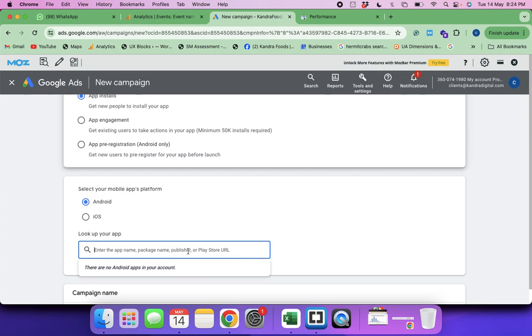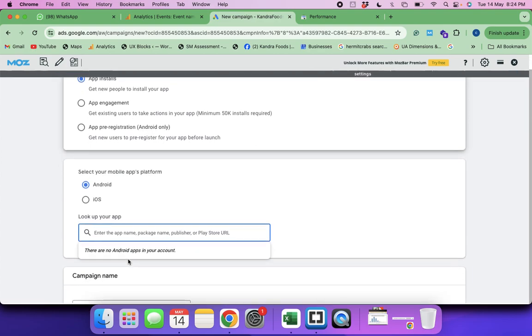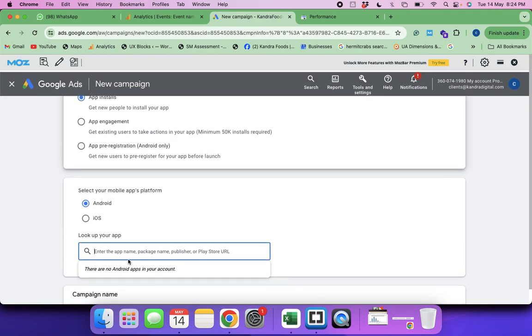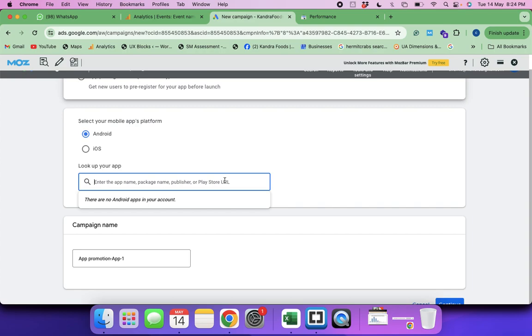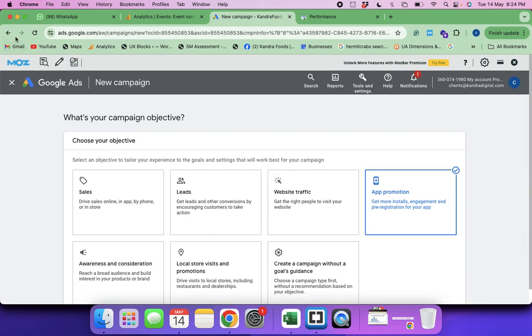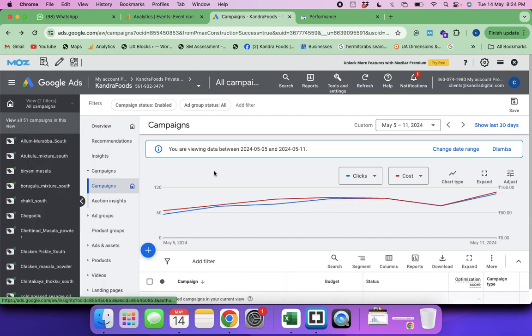For an app, there will be a publisher name and a package name. We haven't signed up on any app platforms now, but that's okay. You can always type the name and it shows up, or you just copy paste the app link. That's how we launch the campaign. Same on Facebook.